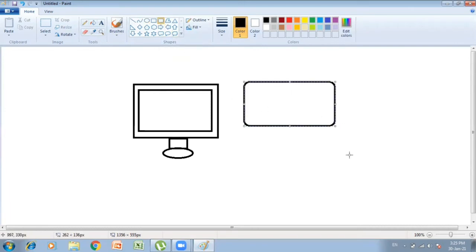Now here you can see the difference, children. The simple rectangle had sharp edges, and in this rounded rectangle, as I told you in the video also, the edges of this rectangle are curved. So this is the difference between the rectangle tool and rounded rectangle tool.